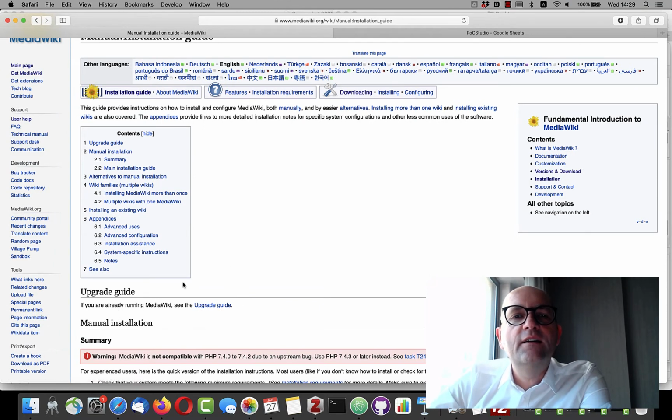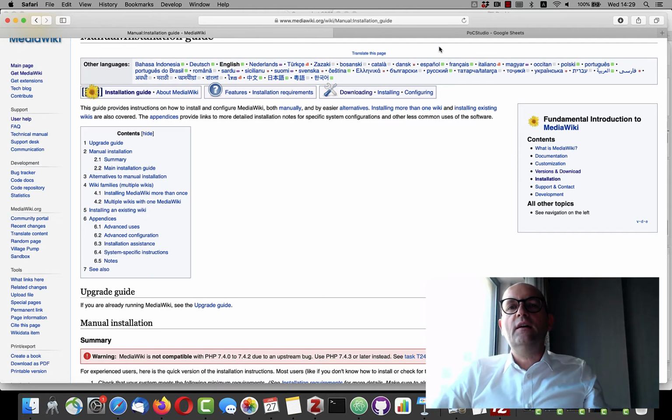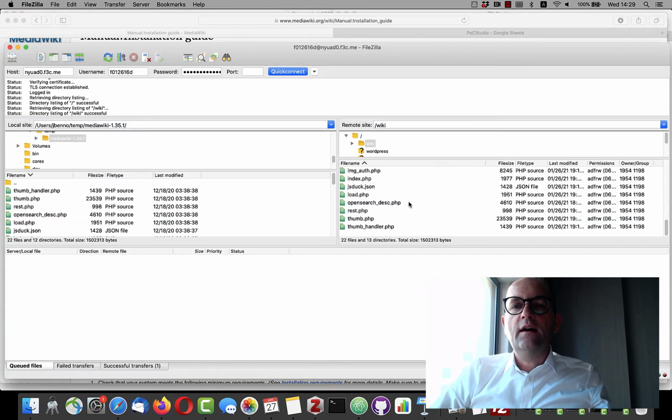If you have uploaded the files, then you just enter the path. My path, if you remember, I have in the root directory here, the folder is wiki.